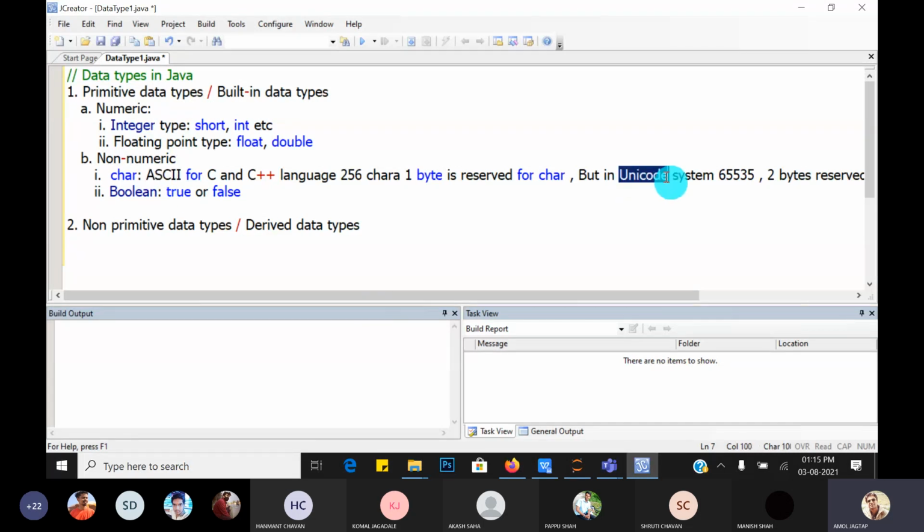But now in Java, we will support all the characters. In ASCII, only US characters are there, but in Unicode system, almost all characters from all developed countries we have taken in the Unicode system as a character set. So 65,535, that many characters are available in the Unicode character system, while ASCII character system supports only 256 characters, which is US English. And guys, one more thing, ASCII is the subset of the Unicode system. That means Unicode is a superset of the ASCII character set.